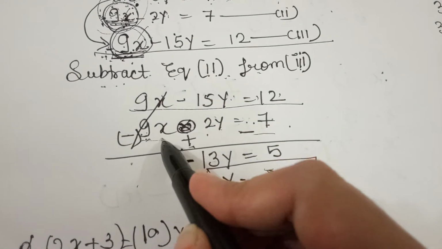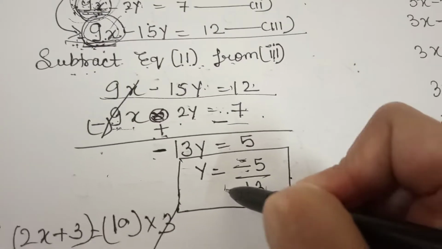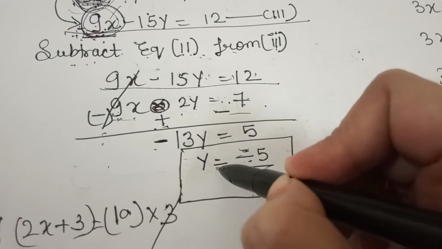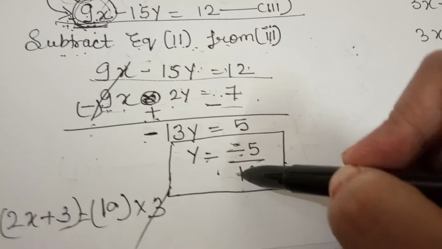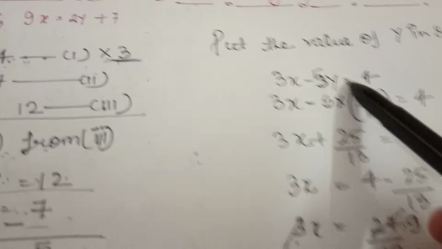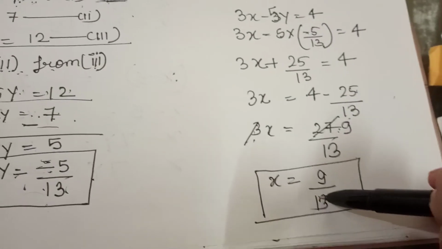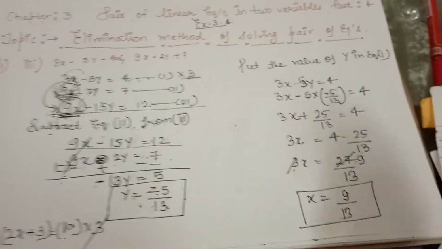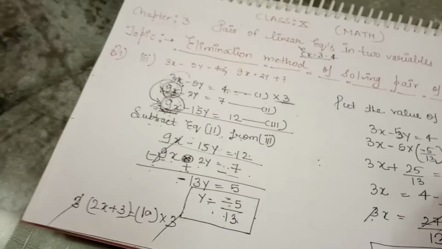So subtract the equations, then by eliminating one variable, find out the value of another variable. Then put this value of the variable in any one equation and find out the value of the other variable. Fine, clear? चलिए एक पार्ट और कर लेते हैं, then it will be more clear to you.